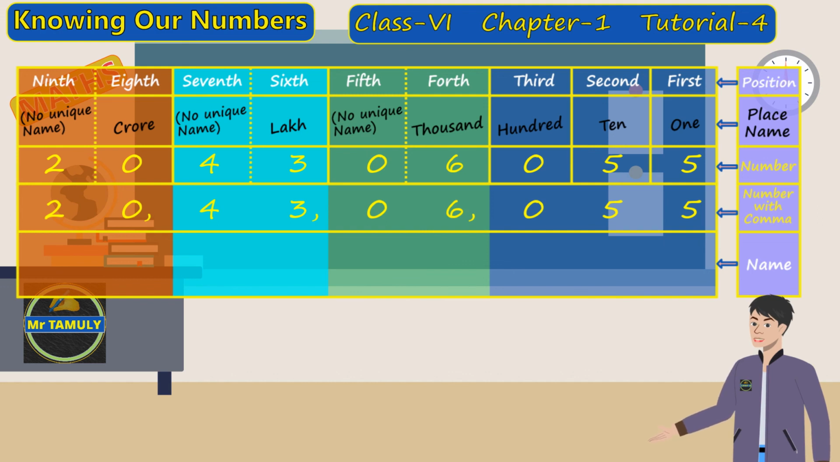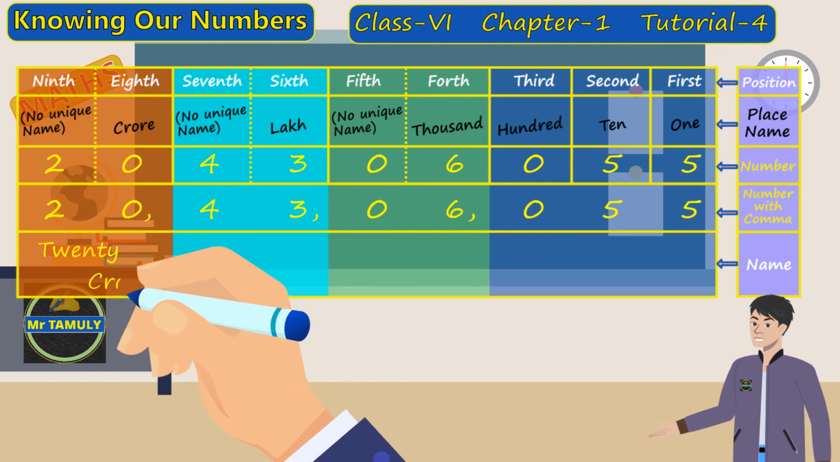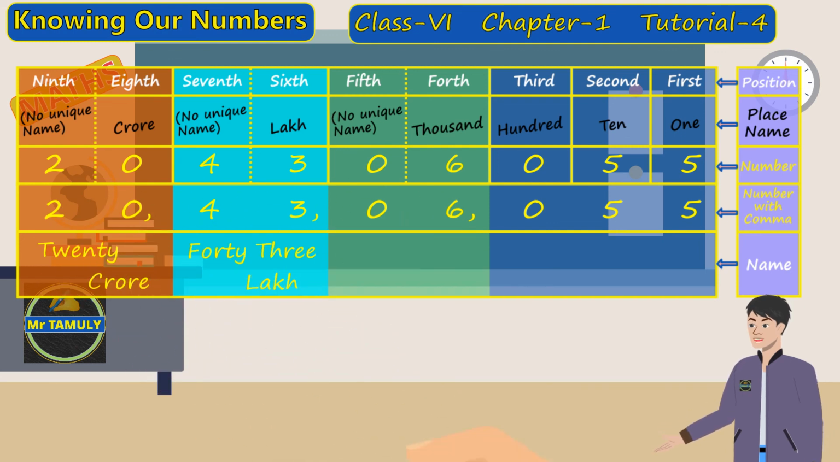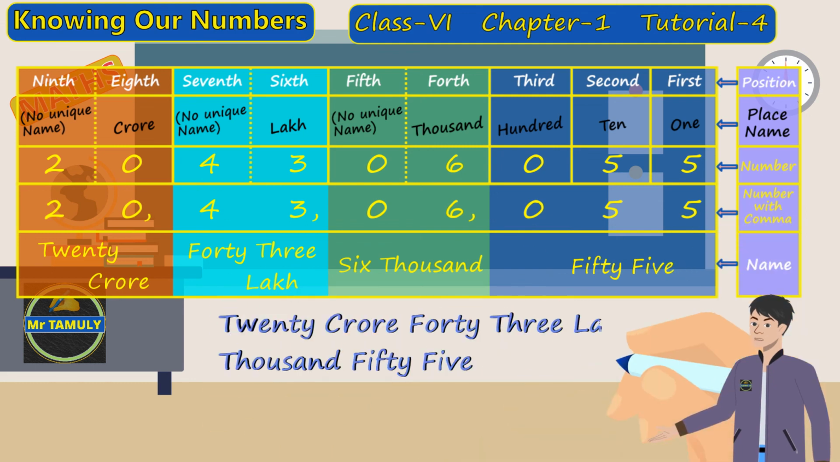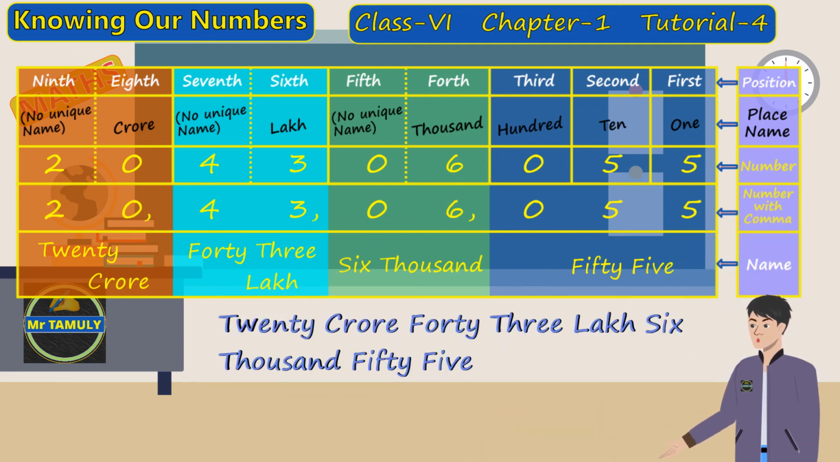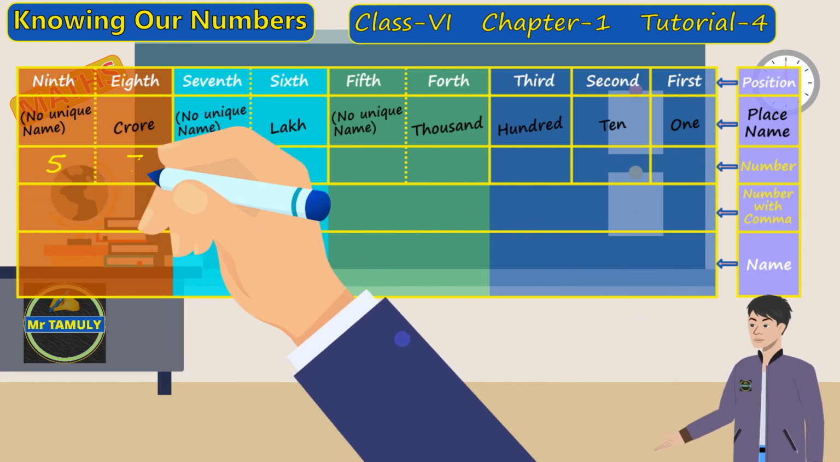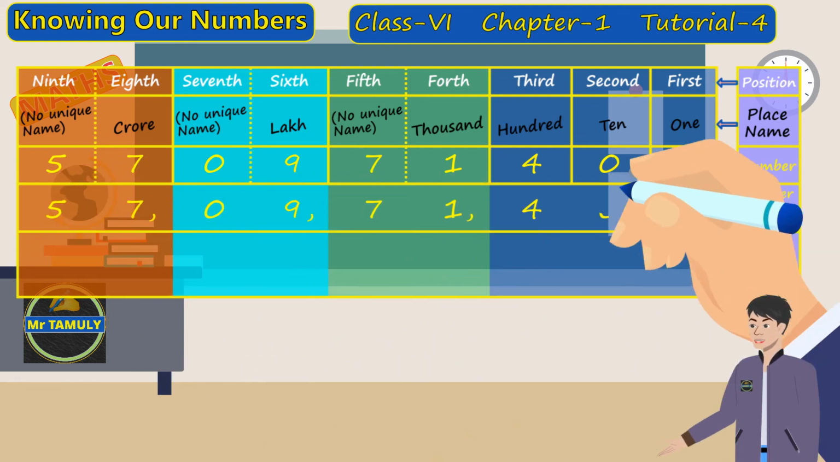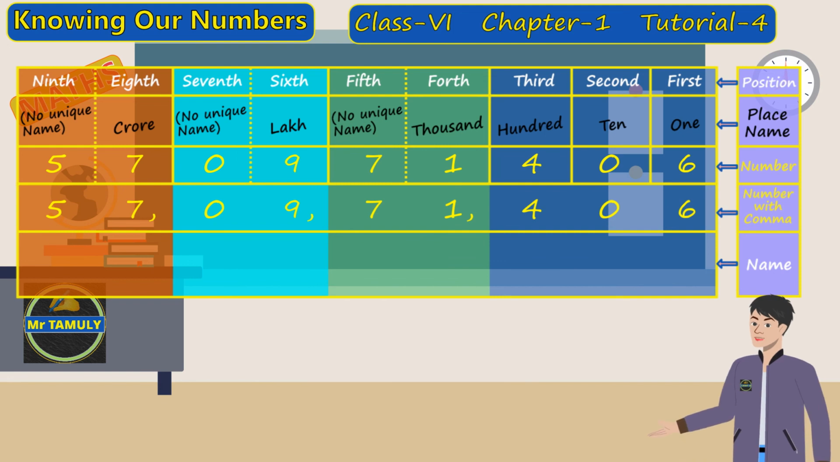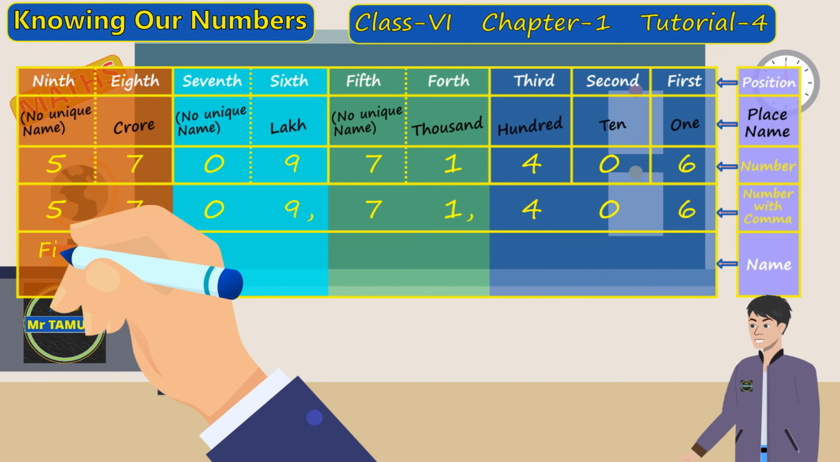20,43,06,055. After putting in the commas, we can easily make out that in our 9-digit number we have 20 crore, 43 lakh, 6,000 and 55. So the name of the number is 20 crore 43 lakh 6,055. As the last example for this tutorial, let's take the 9-digit number 570,971,406. Using commas, we shall write 57,09,71,406. So the name of this number is 57 crore